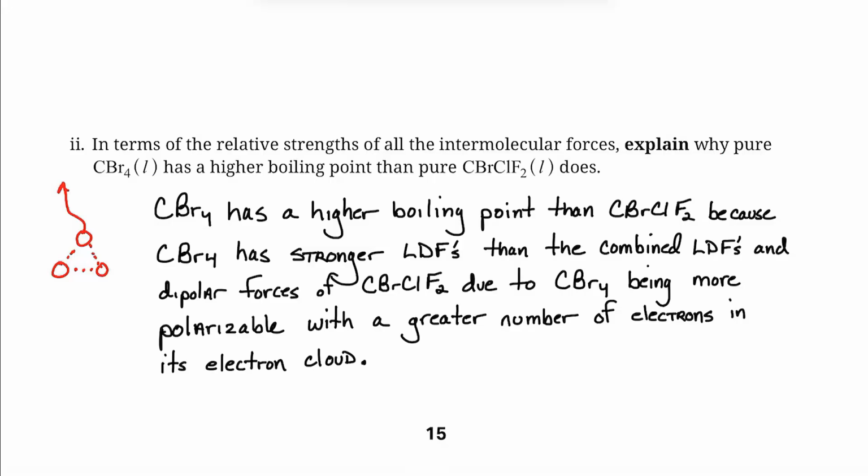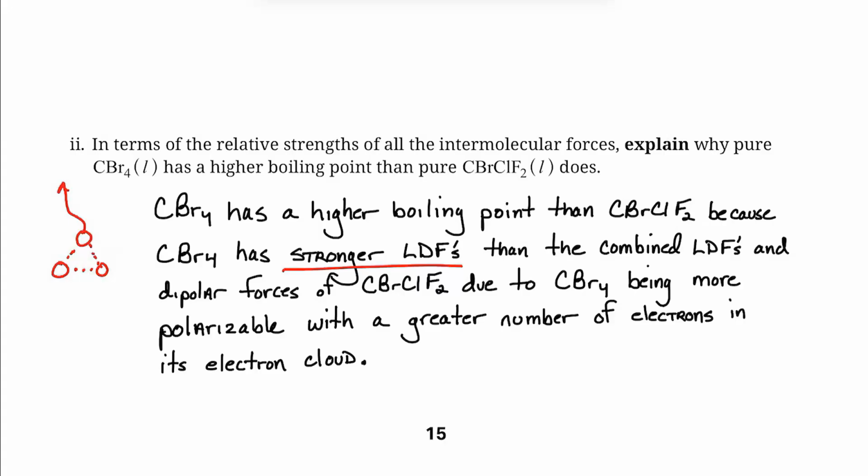And to me, to explain, you should say why those LDF forces are so strong. So I said CBr4 has a higher boiling point than the CBrClF2 because CBr4 has stronger LDFs than the combined LDFs and dipolar forces of CBrClF2 due to CBr4 having more polarizability. I probably should say that, or being more polarizable due to having a greater number of electrons in its electron